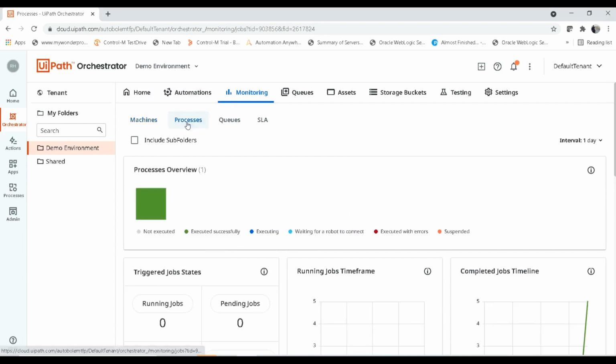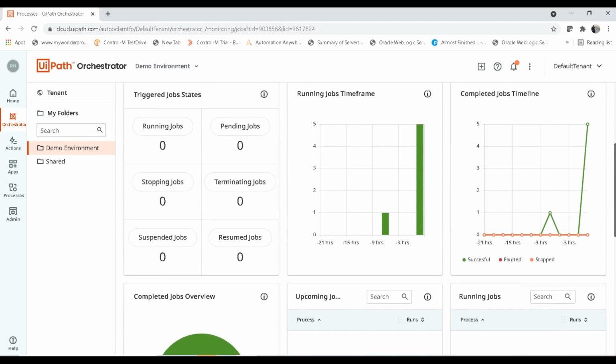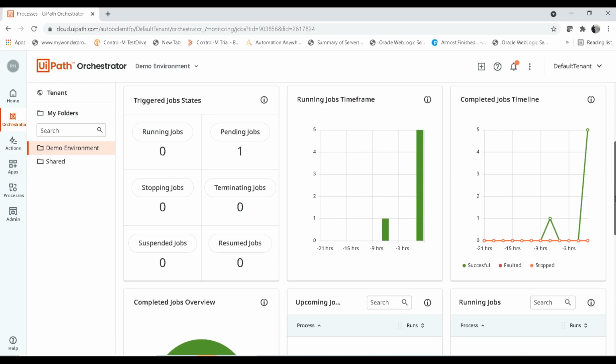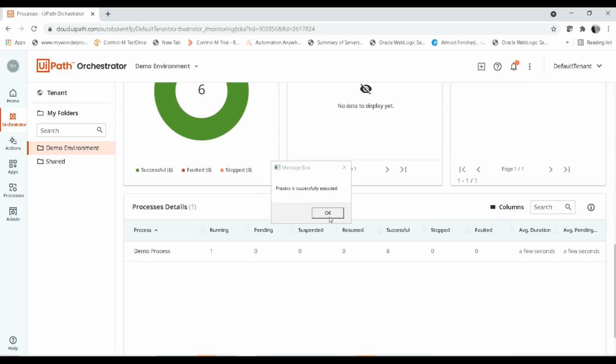And if you want to monitor the process, you can go to monitor the process, and you can monitor all the jobs, like what is the status, like whether it is running or pending. And in your organization, if you configured some 20 jobs and 10 got pending due to some network issue or application issue, you can see how many jobs are pending and why it is pending. Okay, so it will help to debug and find out the issues, and if there is any issue with the execution, you can find out the solution and re-execute it. Okay, so all the process details, everything you can see over here.